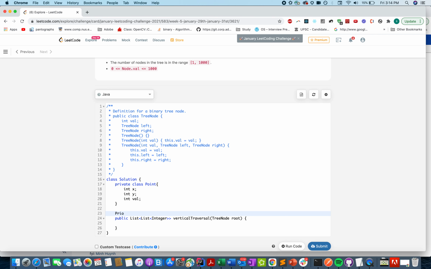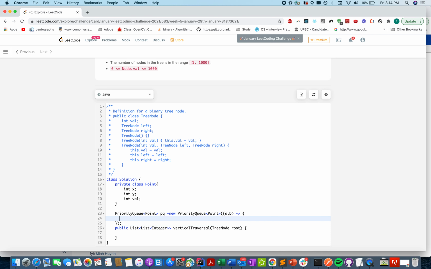Let's define a priority queue and pass a custom comparator to it. We'll pass a comma b, two points, and define the logic of the comparison.